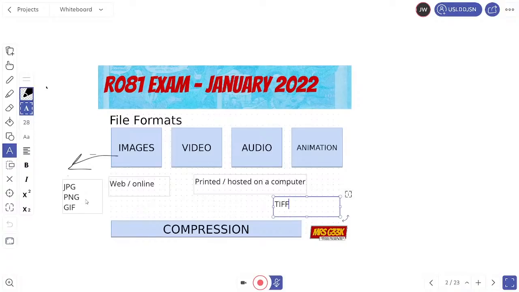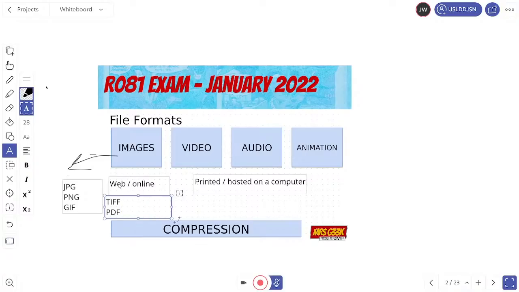You might use something like a PDF. That's a good combination of text and images. It's a little bit trickier to edit though, and typically I'll put it on this list anyway. PDF. There we go. So those will be your typical ones for when you're hosting on a computer. So I'm going to move this over here. So these are all together. So these are image types.